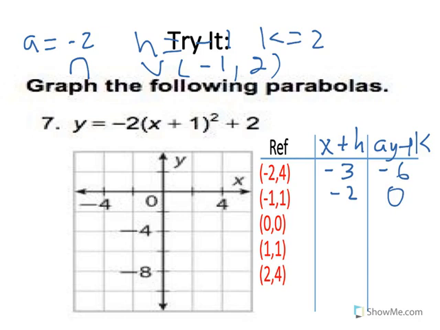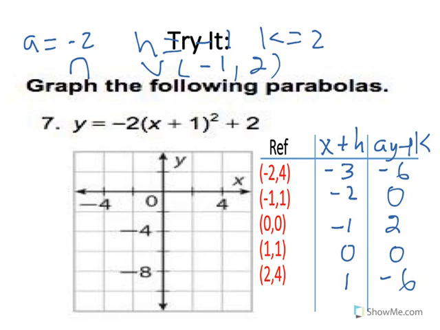And the 0, 0 will always be whatever your vertex is. Okay. So 1 minus 1 is 0, and 1 times negative 2 is negative 2, plus 2 gives us 0. And 2 minus 1 is 1. 4 times negative 2 is negative 8, plus 2 gives us negative 6. Right, so